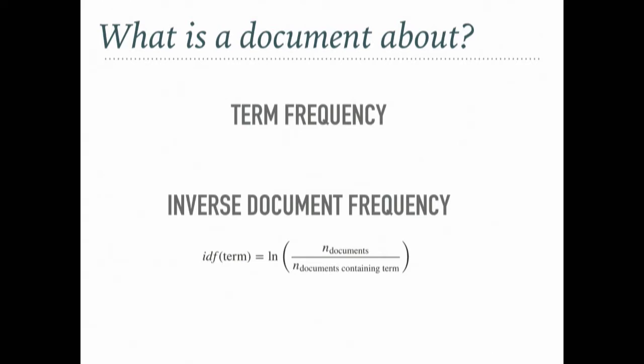If only one of the documents in our collection contains the word, the ratio will be bigger, and we'll take the log of that number, and that will go up. So we'll have a higher weight for that word. If you multiply TF times IDF, you get something called TF-IDF, and it is a statistic that tries to find words that are important to a document within a collection of documents. The idea is that it's going to find words that are common, but not too common. So let's see how this works out.